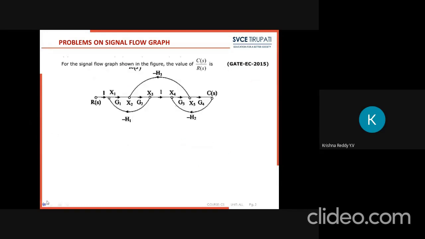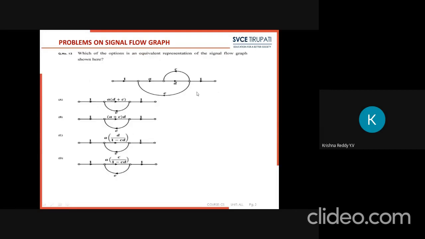If you are practicing these problems, you can easily solve the signal flow graphs and block diagram techniques. This is also one more problem asked in ECE 2050. This question was asked in GATE 2020 for the EEE department.